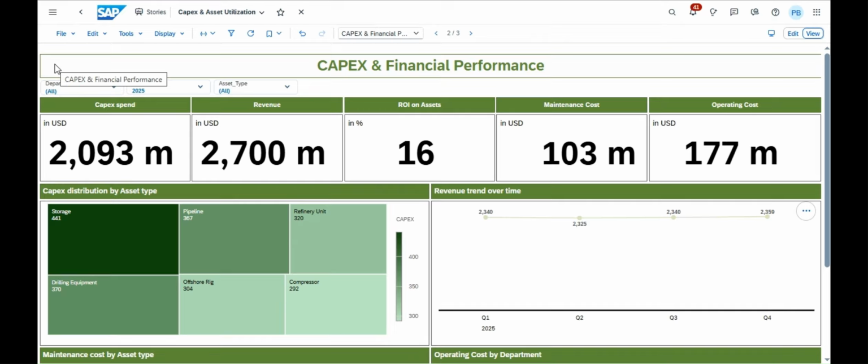Now, let's explore the detailed visualizations. The CAPEX distribution by asset type tree map highlights capital investment allocation across assets, such as storage, pipelines, refinery units, drilling equipment, offshore rigs, and compressors, helping businesses identify high investment operational areas. Next, the revenue trend over time visualization tracks revenue performance across reporting periods, enabling teams to monitor financial growth and